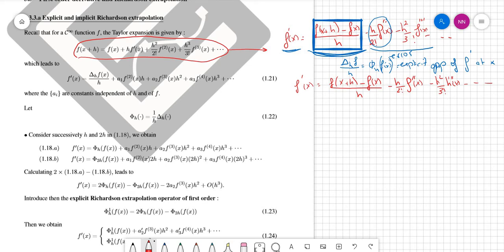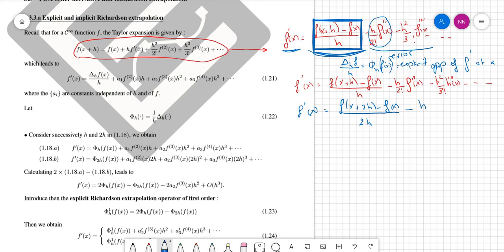So it will be f prime of x equals f of x plus 2h minus f of x, over 2h. For those who do not understand where I am getting this expression, I repeat, they should write the Taylor expansion with 2h instead of h, and then they will conclude this formula. Minus